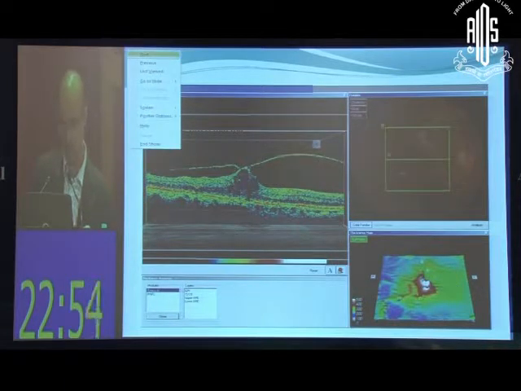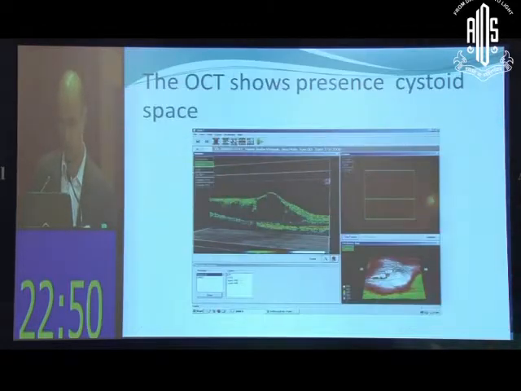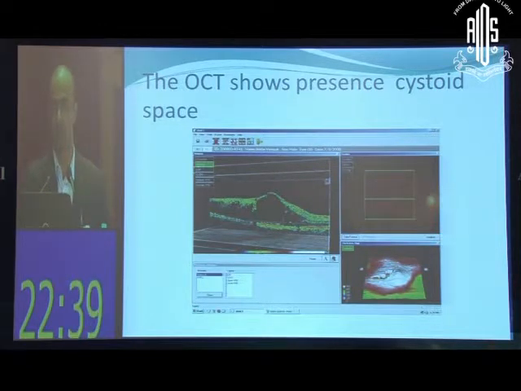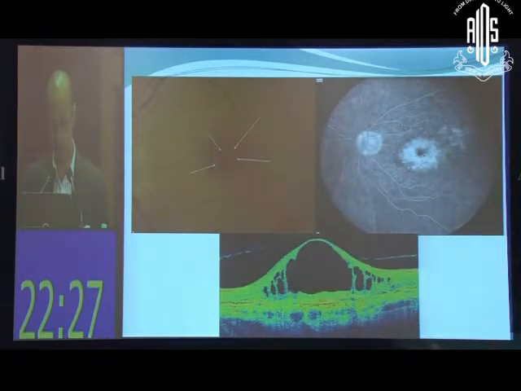Now, going to another example. Seeing this patient having a cystoid macular edema on OCT, would you now like to treat him directly with anti-VEGF injections or steroids? So please have a look at the angiogram here. This patient has ischemia, so you would defer treating this patient with such injections.